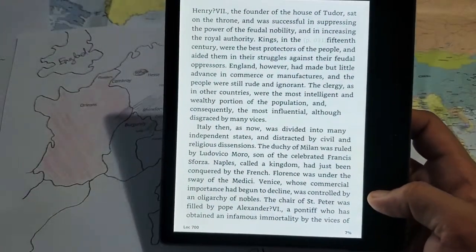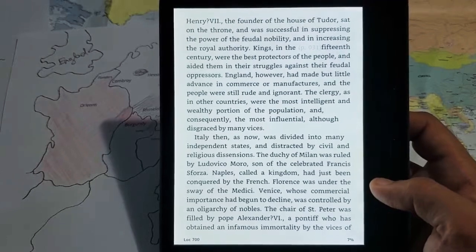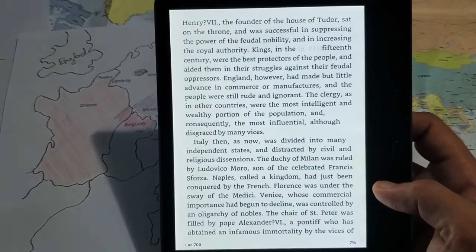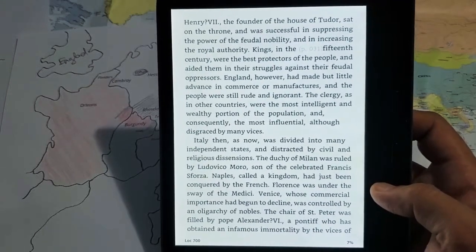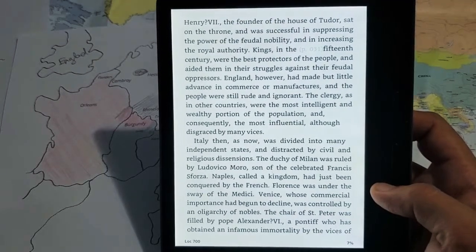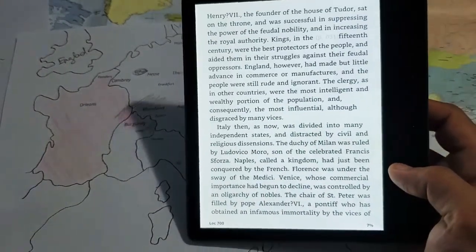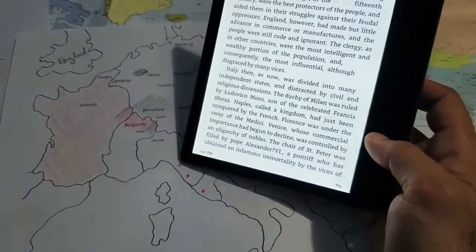Italy, then as now, was divided into many independent states and distracted by civil and religious dissensions. The Duchy of Milan was ruled by Ludovico Moro, son of the celebrated Francis Sforza. Naples, called a kingdom, had just been conquered by the French. I think Naples is more up here. Florence was under the sway of the Medici, pretty sure that's Florence,